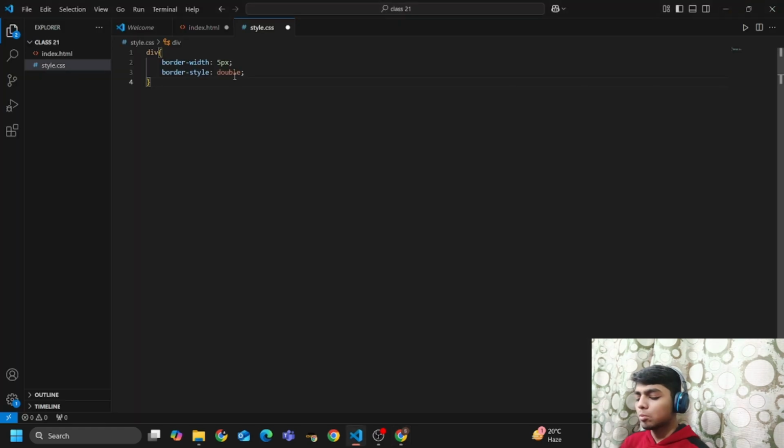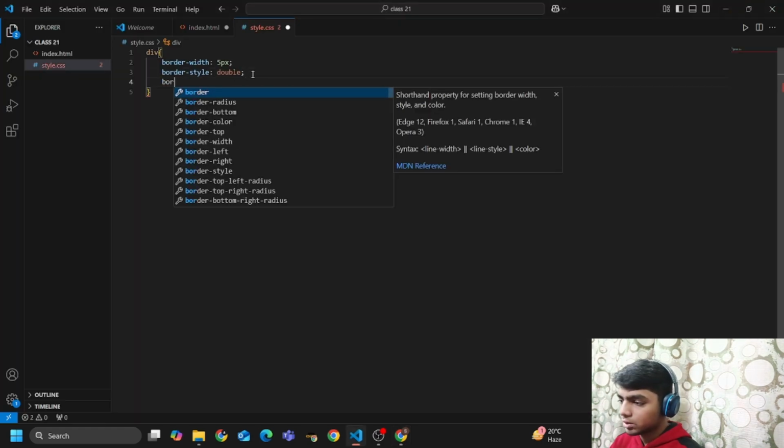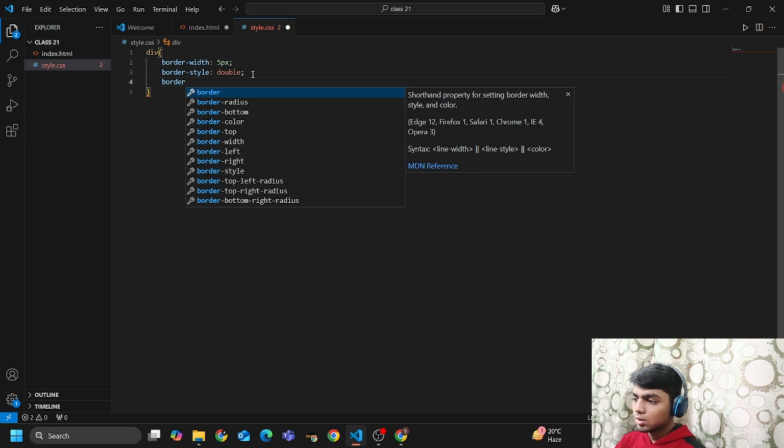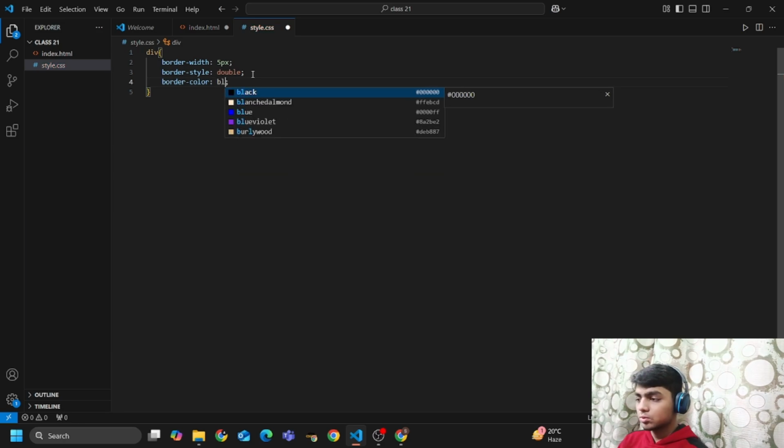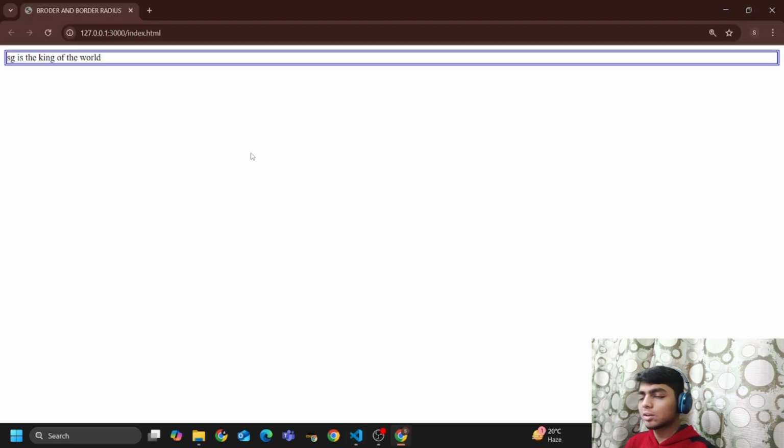and now let's set the border color. What should be the color of a border? Not always do we want our border to look like a simple black color. Sometimes we want it in different colors like green, blue, pink, brown. If I write here, for example, blue, and then preview it, you will see that my border is double with 5 pixels of width and blue in color.